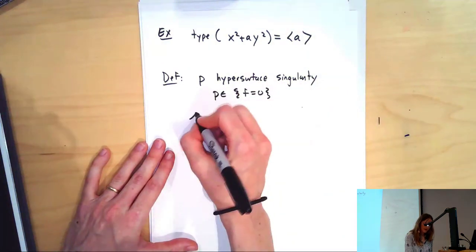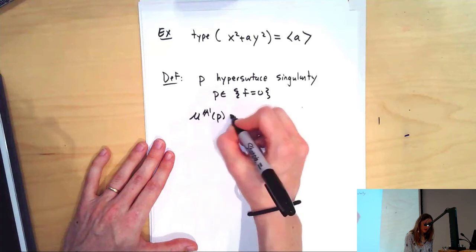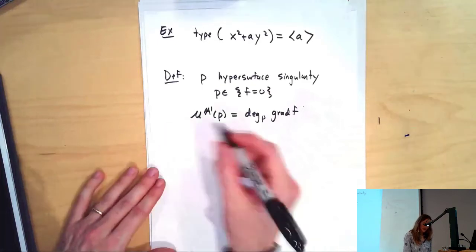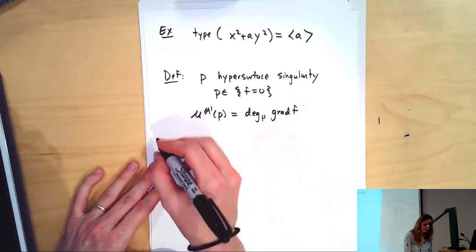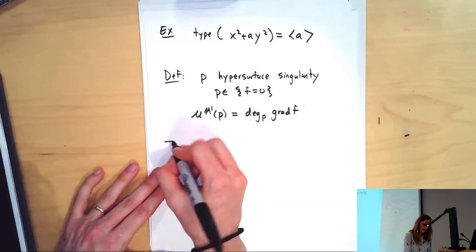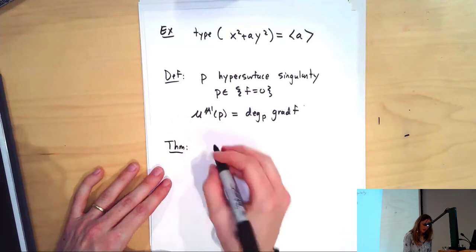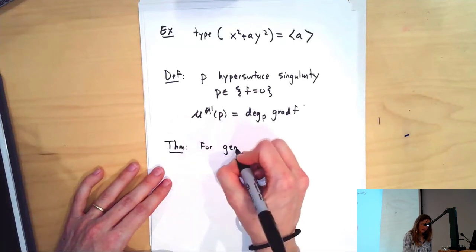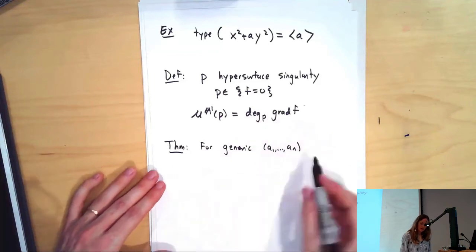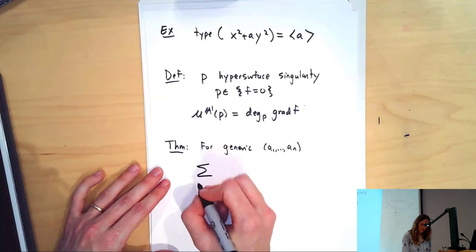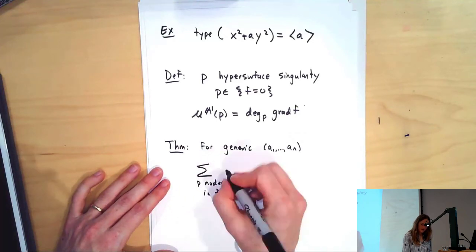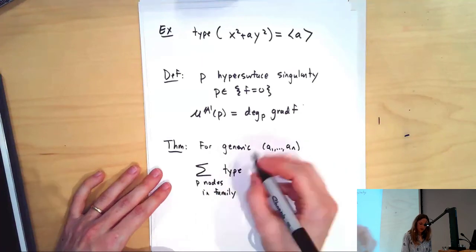We can define the A1 Milnor number of P to be the degree at P of the gradient of F, and then it follows that for a generic A1 family, the sum over P nodes in the family of the type of the node, the field of definition,